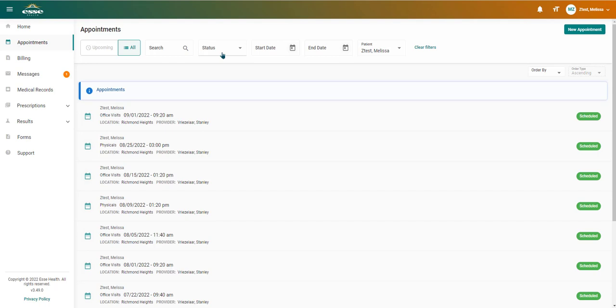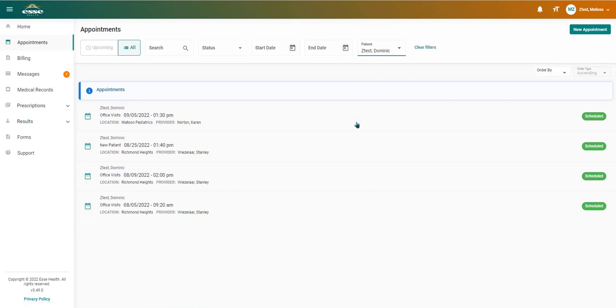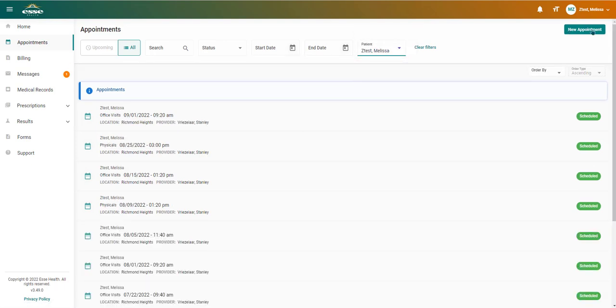I also have some filter options up here for date ranges and under patient. Because I manage my 2 children, I do have the ability to toggle and view those appointments from here. But please remember, I cannot request a new appointment for my child unless I'm under their account. I'm going to switch back to myself, and I'm going to request a new appointment. I select the new appointment button,